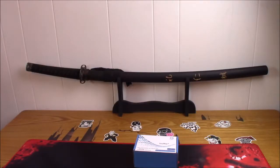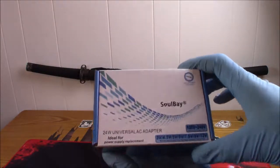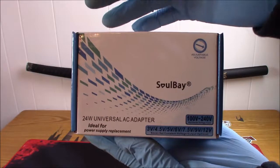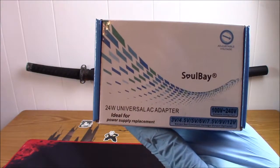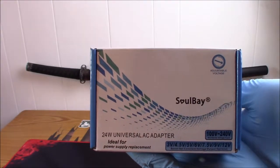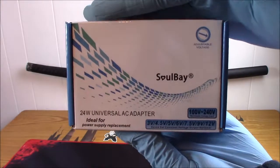Hey guys, today I'm going to be unboxing the Soulbay 25-watt universal AC adapter. This is great for anyone that lost their plug and needs to get another one but can't find it from the manufacturer, or just can't find it because they don't make it anymore. All you have to do is buy one of these